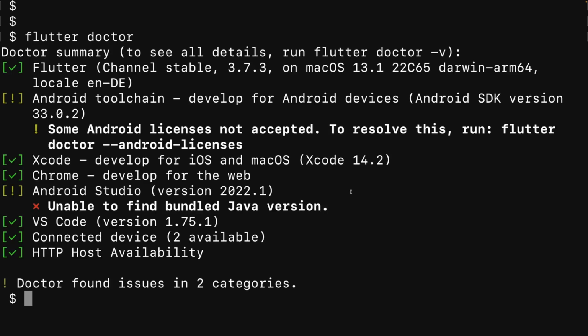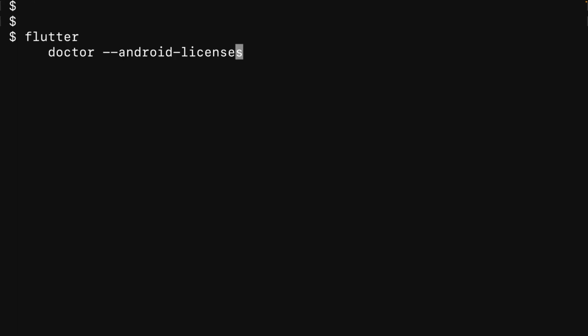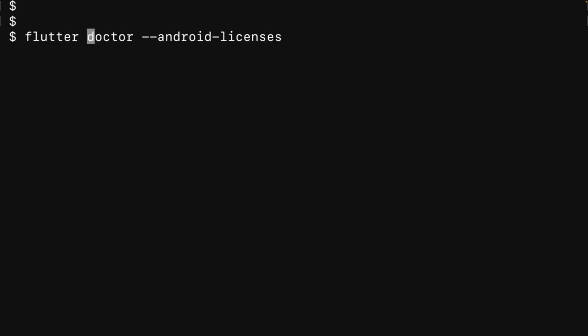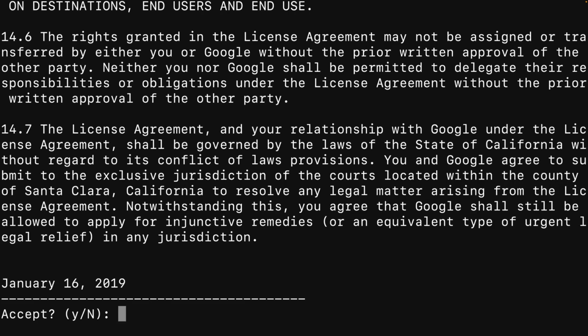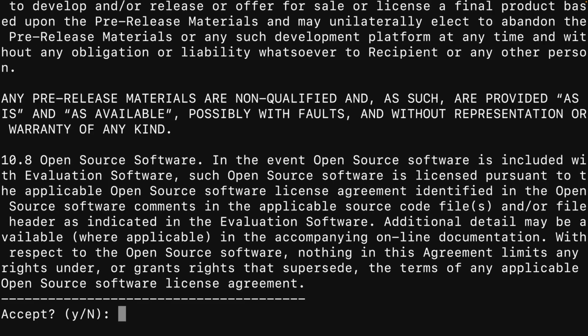And now at this point, this should give you some green check marks for Xcode and Android. And if it does not, as it does for me here, it might even show you what you have to do. For example, here I need to run Flutter Doctor --android-licenses to accept some additional license agreements. So I'll quickly copy this, and for me it actually messed up the formatting here, so I'll fix this to make sure this is in one line, and confirm this with Y, and accept these licenses by typing Y for